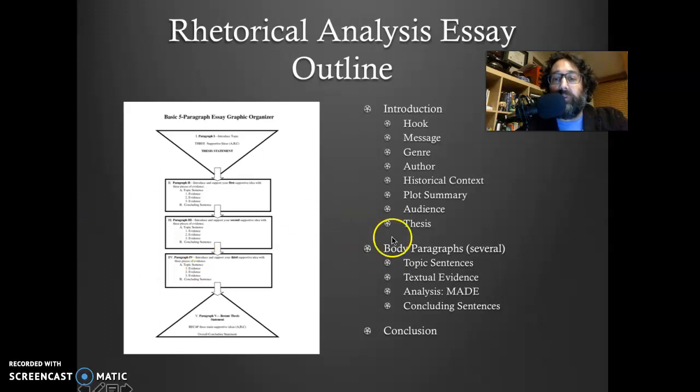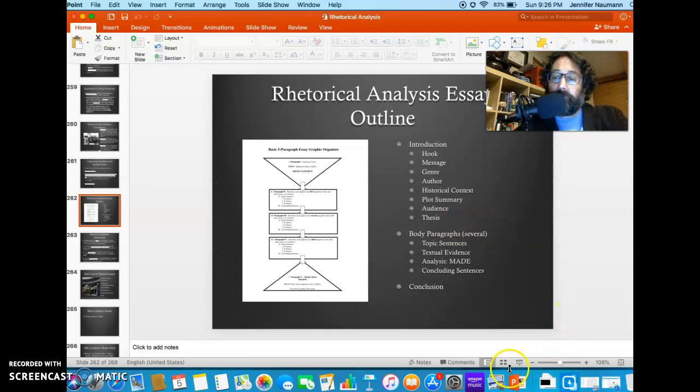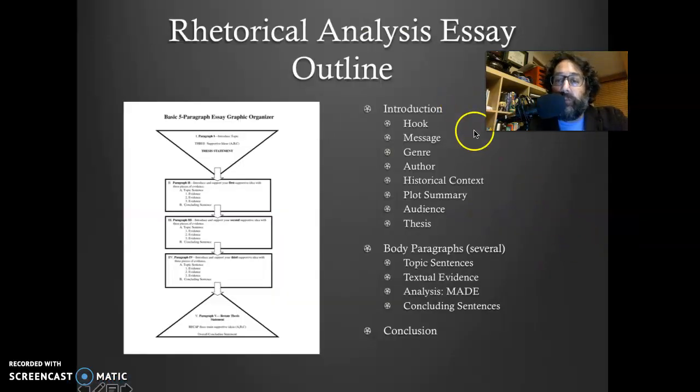As far as the organization here, this is what, 262. As you can see, this is the same as the last essay. We want to hit on the same points in the introduction. The purpose of these essays is the same. We're just looking at a different type of text. So like in the visual text, we're looking at a movie, for example, and we're asking ourselves, how does the director express their message clearly? What kind of devices do they use to pull that off? In this essay, we're doing the same thing, but we're looking at a physical text,